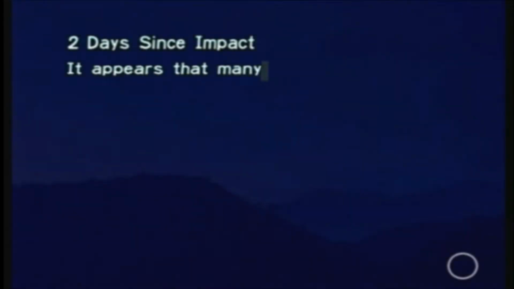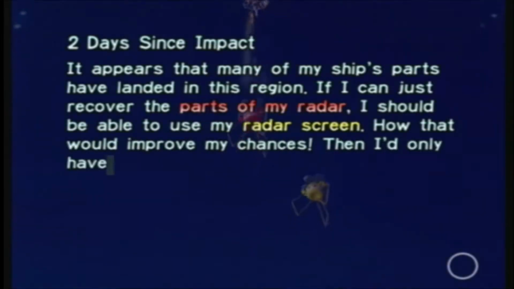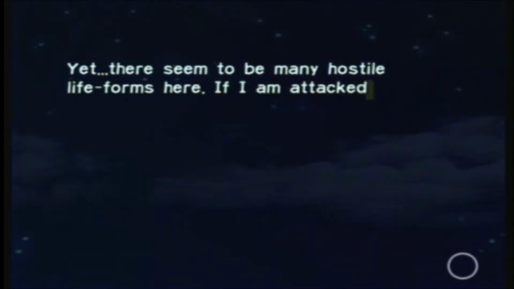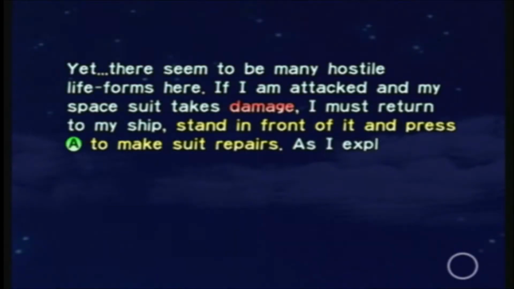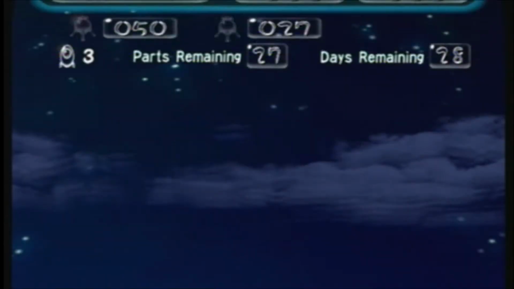2 days since impact. It appears that many of the ship's parts have landed in this region. If I can just recover the parts on my radar, I should be able to use my radar screen. How that would improve my chances. Then I'd only have to press plus to locate my parts. Yet there seem to be many hostile life forms here. If I am attacked and my suit takes damage, I must return to my ship, stand in front of it, and press A and to make suit repairs. As I explore, I must pay attention to my suit's damage meter in the bottom left corner of the screen. Breaking the fourth wall again, so...